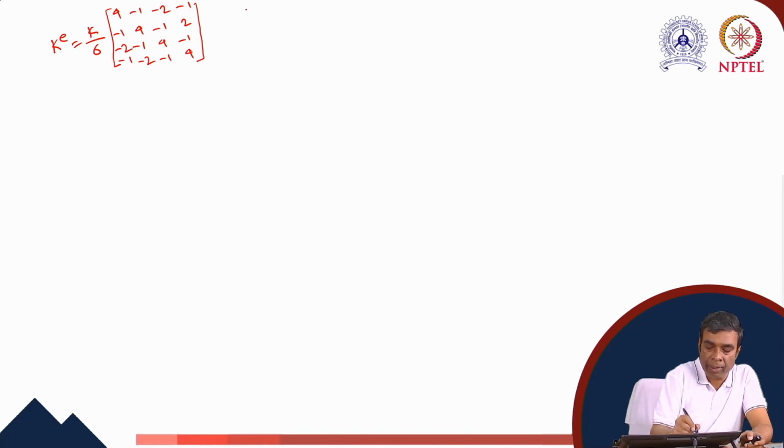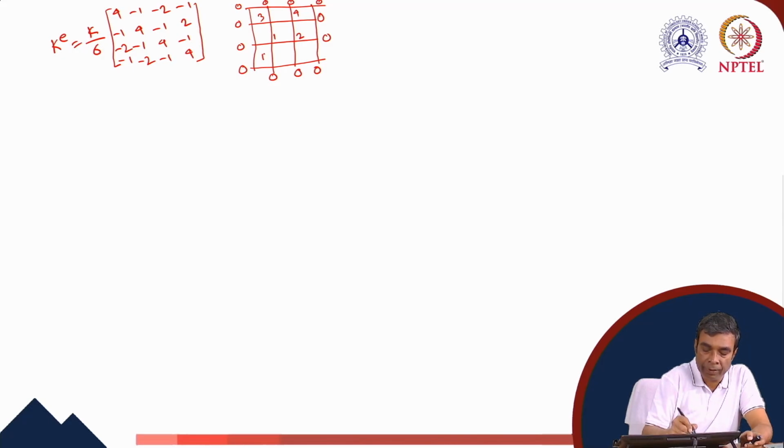And then our mesh picture is like 1, 2, 3, 4. These are the global equation numbers, with 0 for the boundary nodes. Element 1, element 2, up to element 9. So our F2 will be